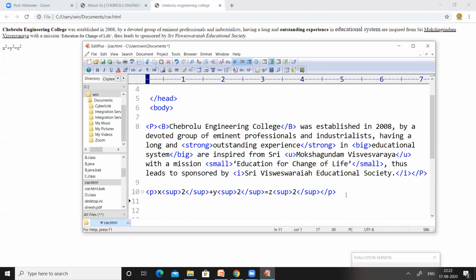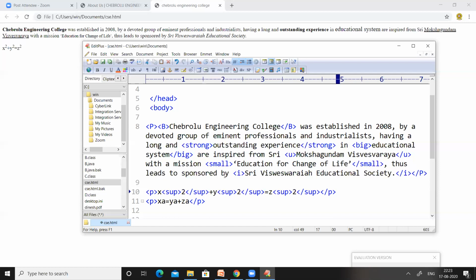And now let us write one equation. Here I am going to use one more paragraph tag. My equation is xa equal to ya plus za, where I want to keep this a somewhat below x, somewhat below y, somewhat below z.